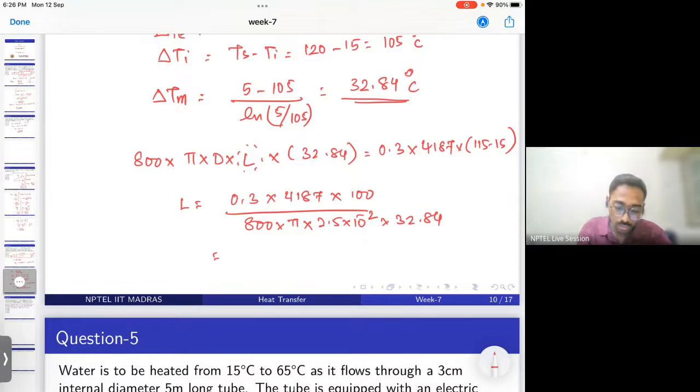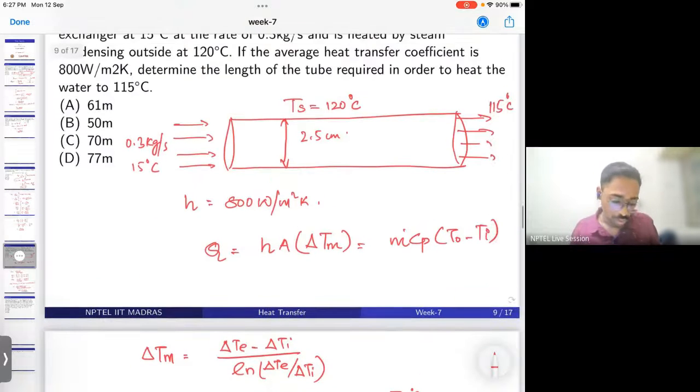So the answer will come out to be 60.9, or approximately we can write 61 meters of length is needed for this tube to have a temperature change of this much under this condition,